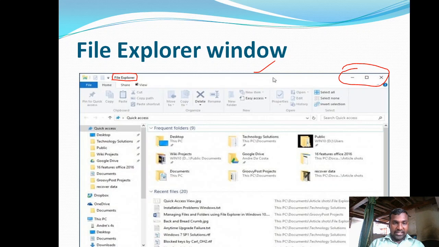In the File Explorer window, we have clipboard, organize, new, open, select, and this is the quick access search bar. These are the frequent folders and these are the recent files. In total, 20 files are there which were used recently. Here 9 folders and files are there, and this is a menu called the Quick Access menu in the left side panel.